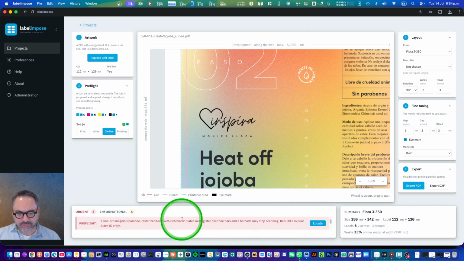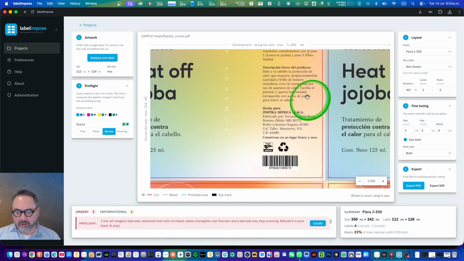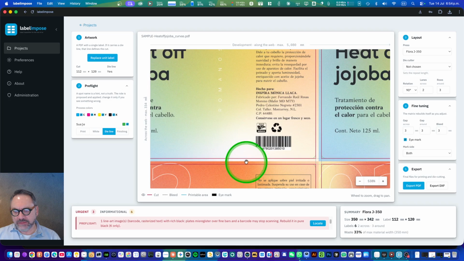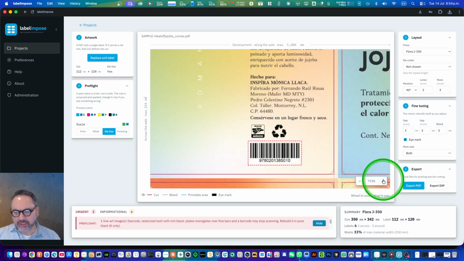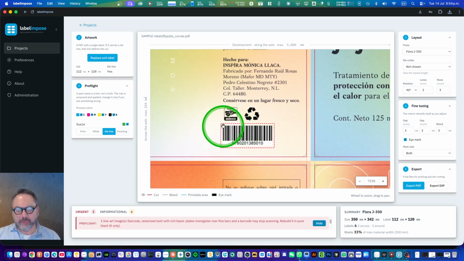message here that says we have a problem with a barcode that could be rasterized or is printed in CMYK instead of a flat black. I believe this is a real threat, because with this barcode we don't know the resolution of the raster. It looks good here, but probably not good enough for a barcode.